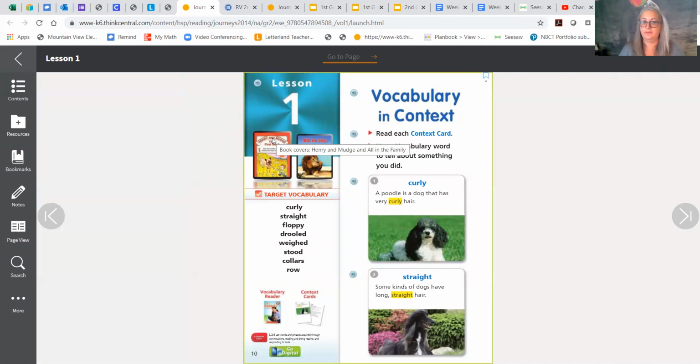And I'm sure some of you have already read some Henry and Mudge books. There's a lot of them out there. And if you like this one and you would like to read some more Henry and Mudge, you can get in touch with Miss Dixon and check some out from the library there. Okay? So what we're going to do is, here are our vocabulary words: curly, straight, floppy, drooled, wade, stood, collars,